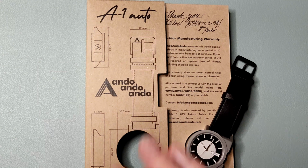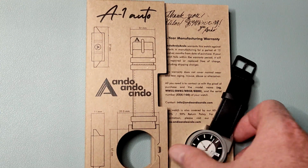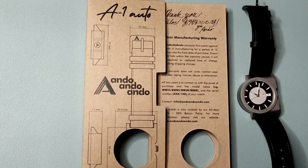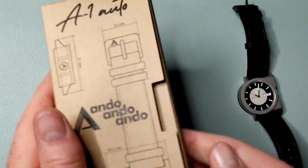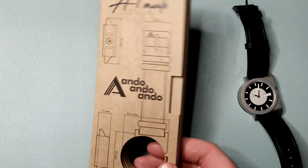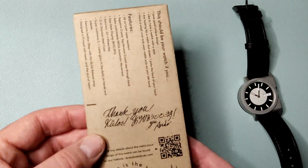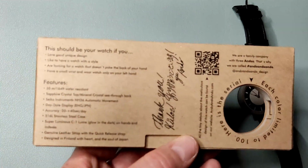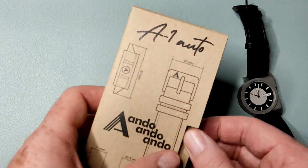I don't normally put the packaging back up for the review. If you watch my videos, you know I never show the box or the wrap or whatever came in. But I'm making an exception for this one because this is the best packaging I've ever seen. Bar none, it's number one. It's eco-friendly, it's sustainable, it's cardboard, but just the whole presentation, the way the watch fit